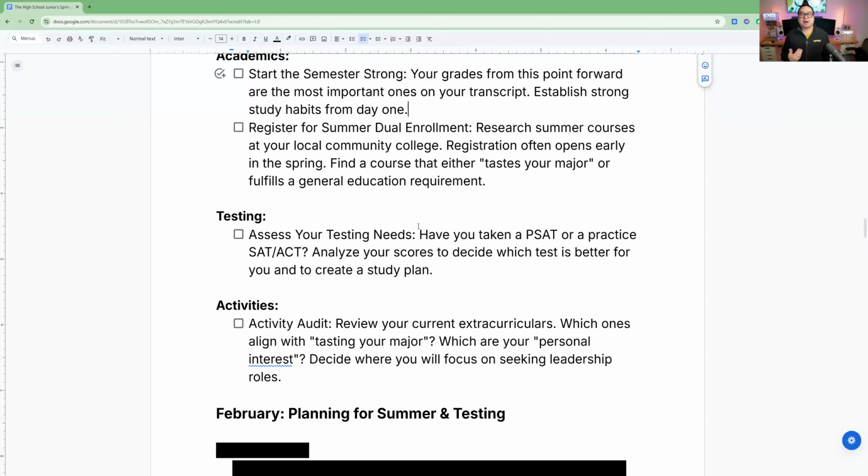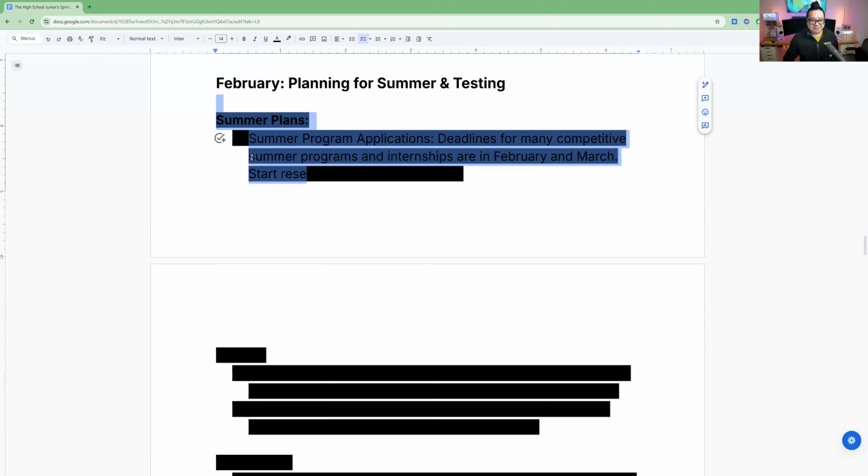Next one is the activities, right? Now we want to do a quick little audit. You want to figure out where am I spending my time currently? And again, I have a good 8 or 9 months from now before I submit my apps, or even a little later for some of the UC schools. What can I do between now and then, and what can I plan to do for next year as well, because next year still counts. So now's a good time to do a quick little pause and a quick little audit here, and that's the month of January.